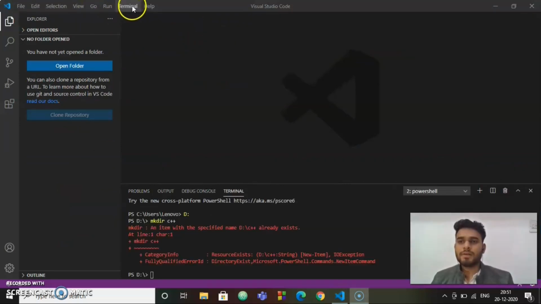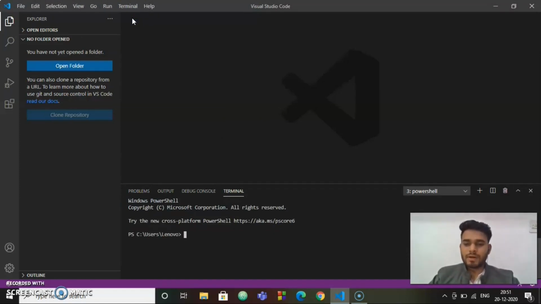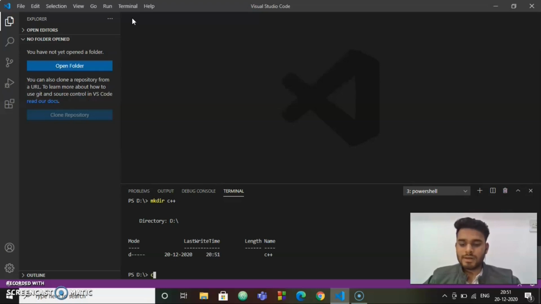Go to terminal, new terminal, open a drive of your choice. I am opening D drive. Create a new folder in which all C++ programs will be located. CD into it.